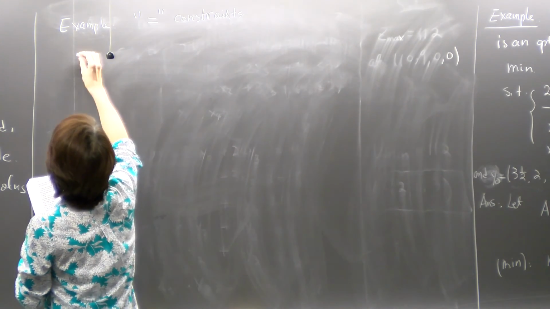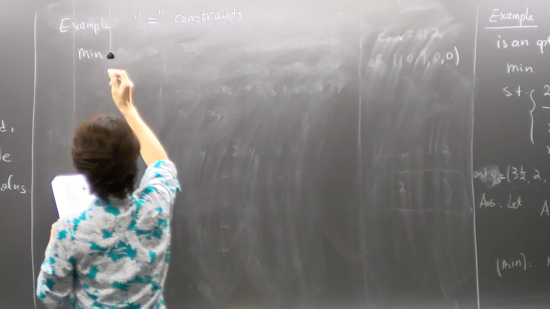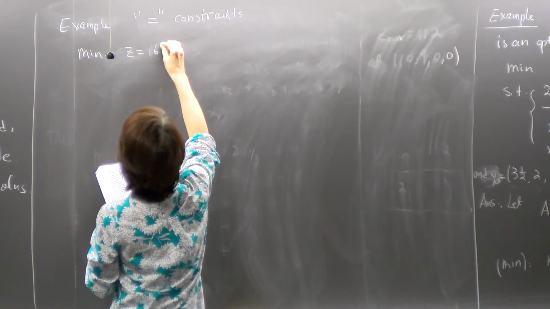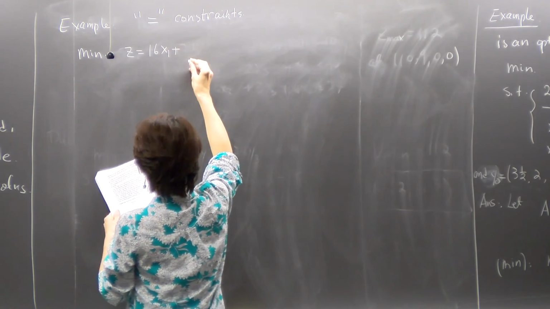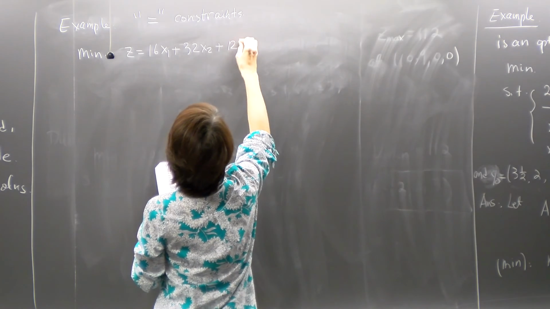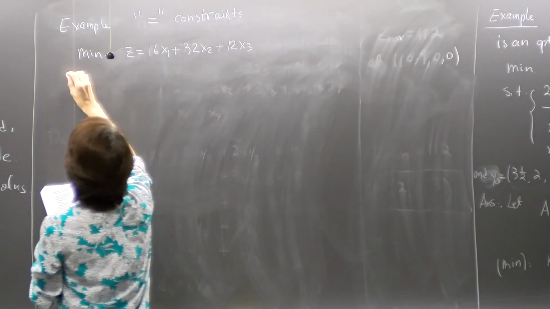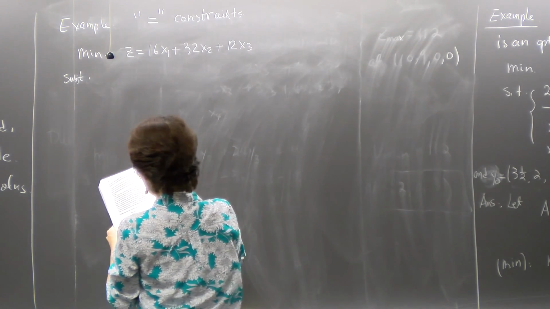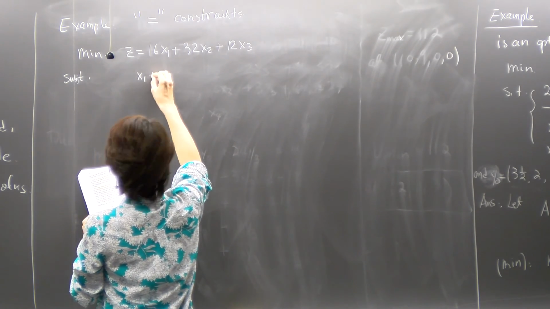Minimizing Z equals 16 x1 plus 32 x2 plus 12 x3 subject to x1 plus